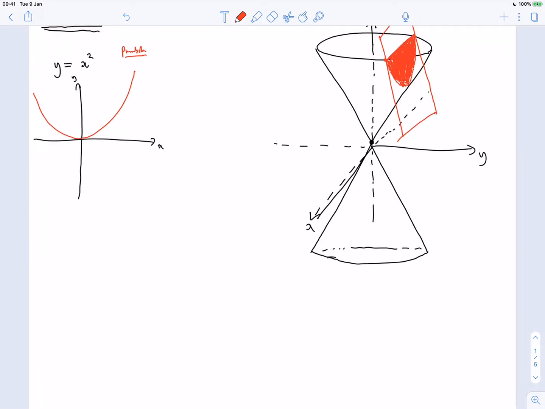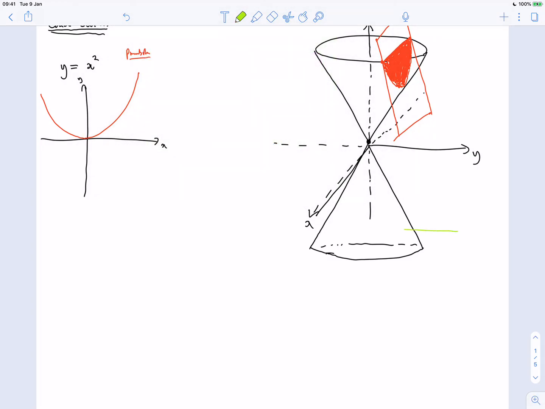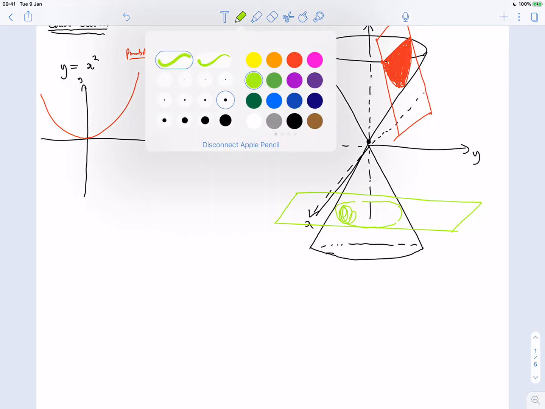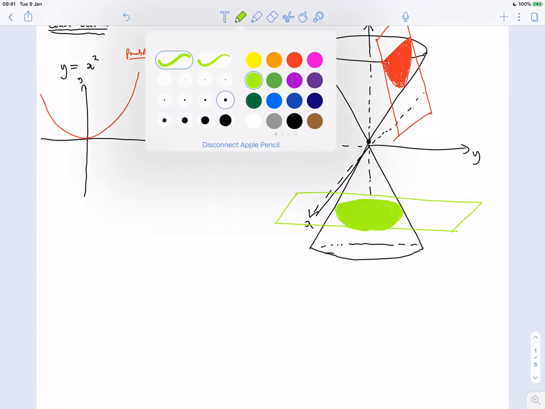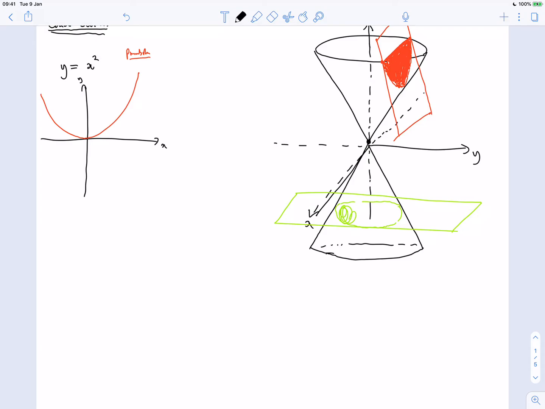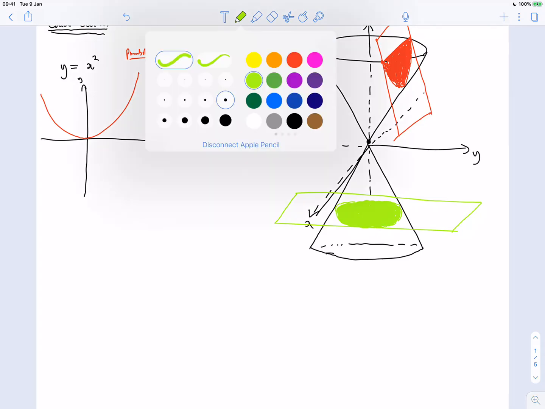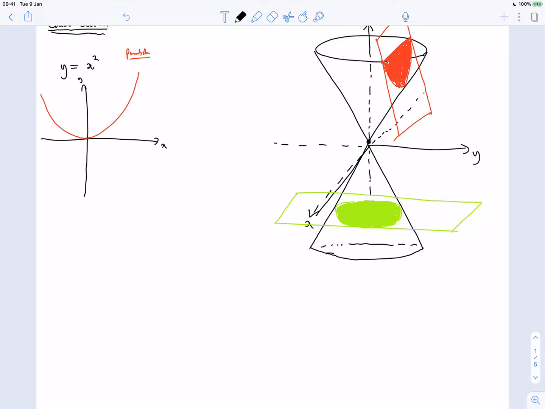Now, what I'm also claiming is that if you were to take a horizontal slice like so, then this would trace out an ellipse, a circle. Let's make this a bit bigger. That would trace out a circle. The point is, what we're going to be doing today is angling these cuts so they form different shapes. If it's perfectly horizontal, it will make a circle or an ellipse, and depending on the angle,